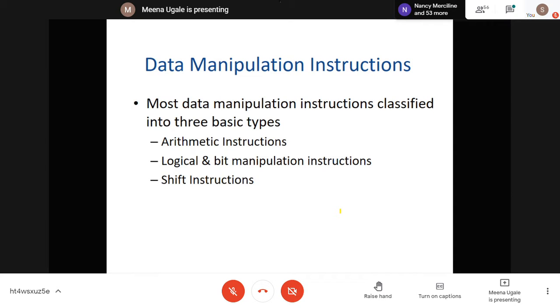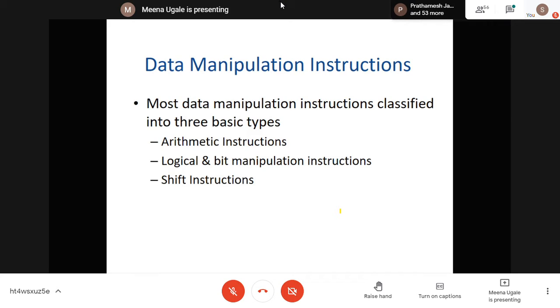Second, you can go for all logical or bit manipulation instructions. In logical, you can go for AND, OR, NOT, XOR. These are all the logical gates that we have studied, and for that you are provided with instructions. And third, you can go for shift operations. Like any 8-bit or 16-bit content is given to you, and you want to shift bit by bit to the right side or to the left side. For that purpose, you are provided with shift instructions.